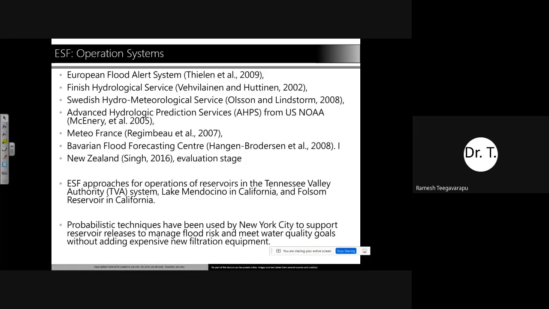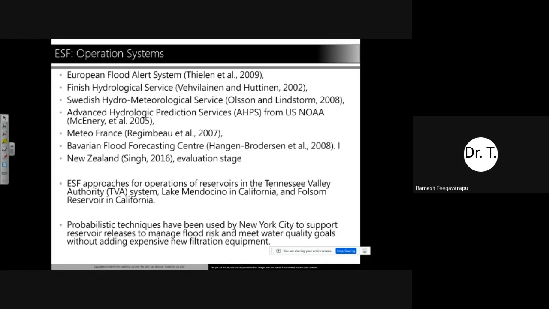Just to conclude, ensemble-based systems are becoming more popular now, and you can see that there are several operational systems now. The European Flood Alert System, the Finnish Hydrological Society, a Swedish one, US NOAA is using now, Meteo France is using.